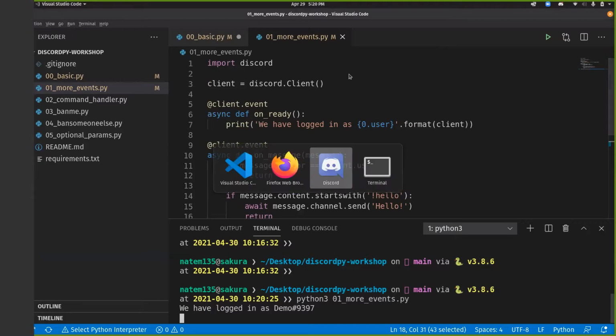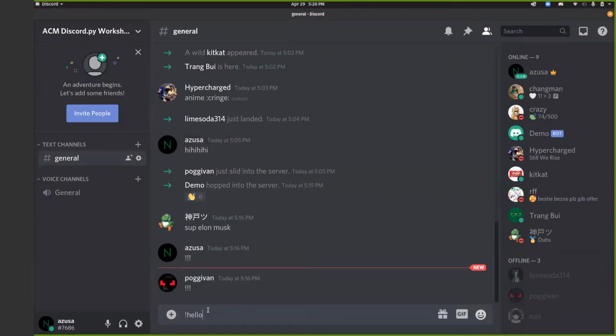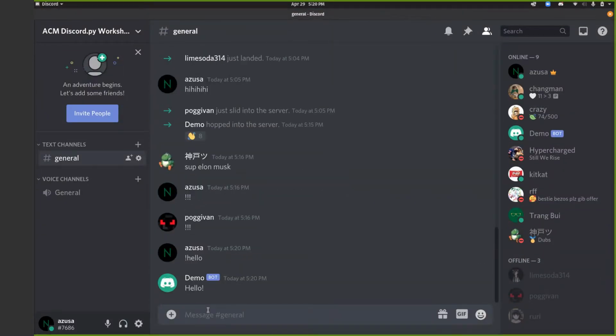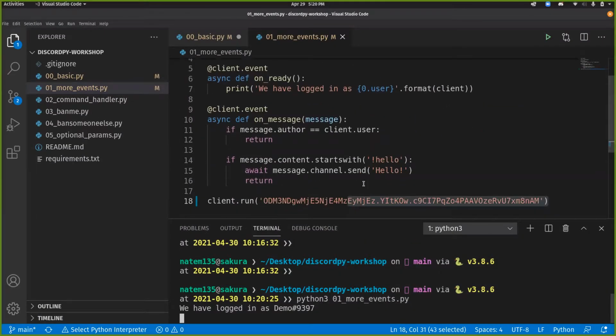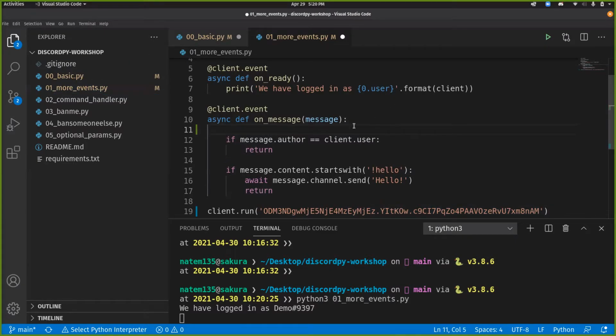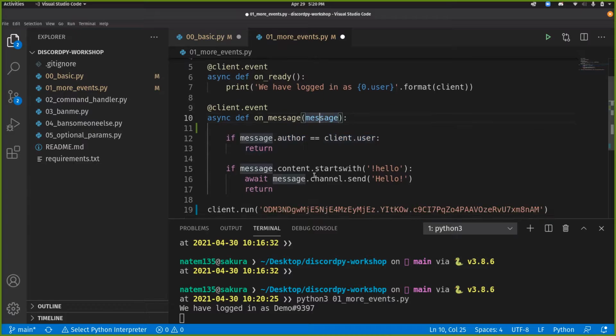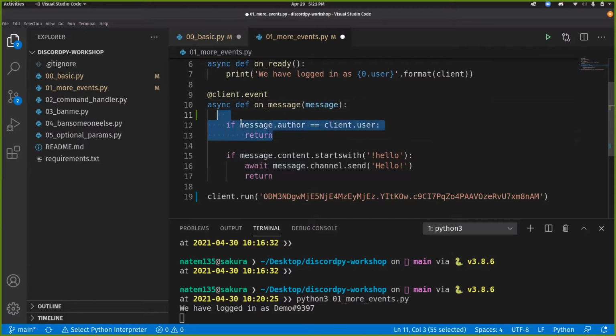So then going back to Discord, if we do hello, this is an example of a command. Now going back to these two lines here. The reason it's like this is because whenever any message is sent, it'll try and do what it needs to do with it. So if I got rid of this,